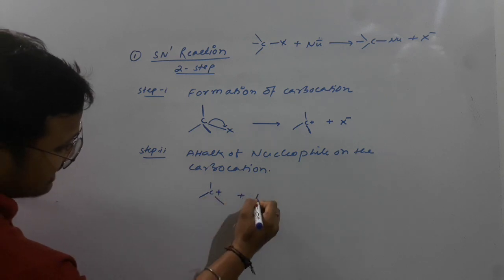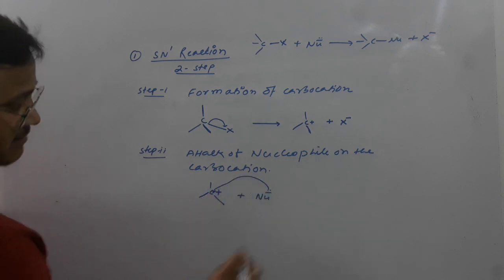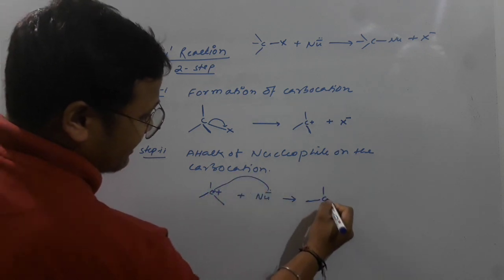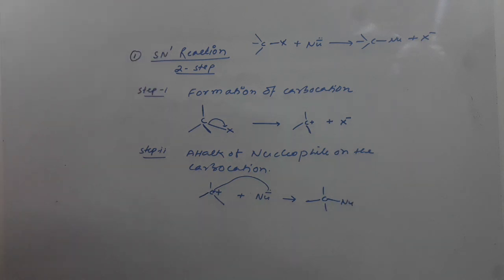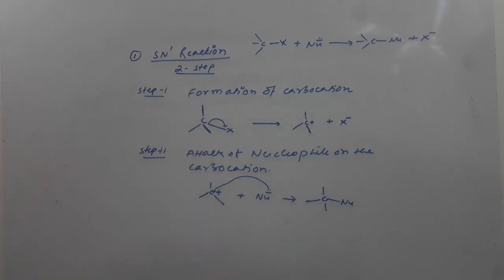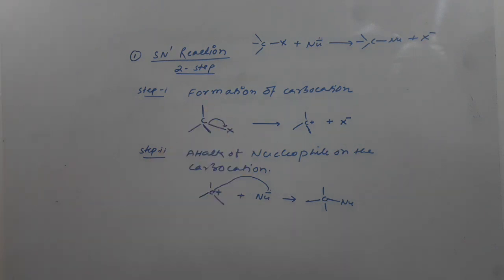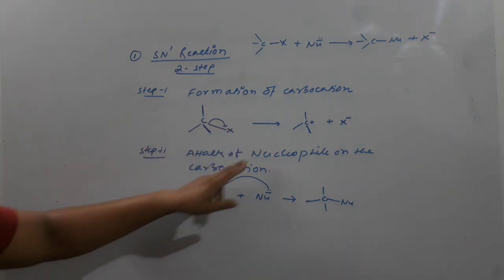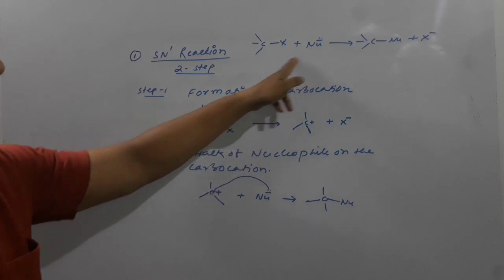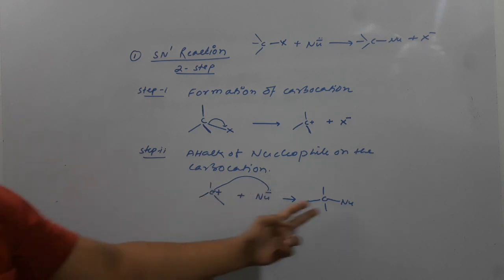Okay, and what we have to do is that this nucleophile will come and attack the carbon atom. That means they will bind together, right? So this is our SN1 reaction mechanism. Two-step, very simple. First the carbon halogen bond will break down, and we will have the carbocation, and the halogen atom will be removed from there. And second part, attack of nucleophile. This nucleophile which we are reacting with will attack the carbocation. That means it will provide one electron and they will form a bond.